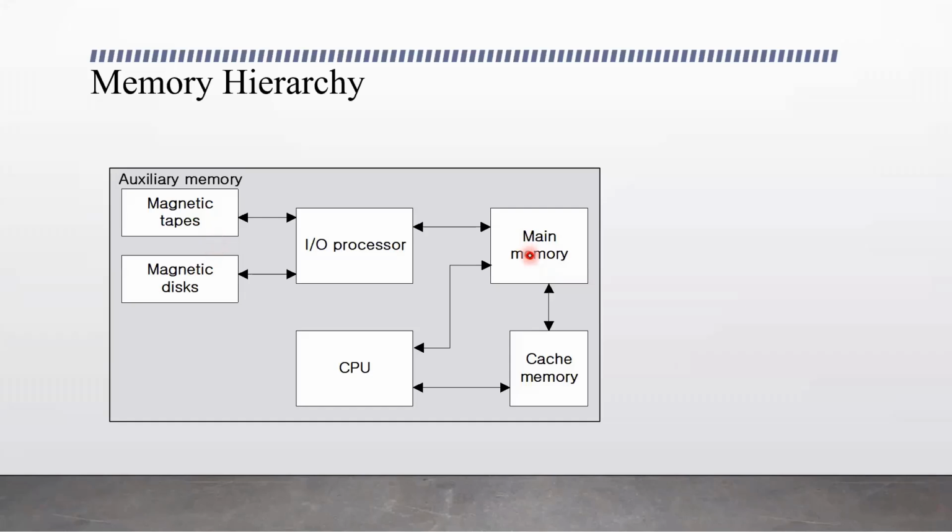Main memory is expensive. It uses RAM and ROM chips, random access memory. We will learn about this in detail; I'm just giving you a brief. Here, in this memory hierarchy, we are learning how the different units, such as auxiliary memory, main memory, and cache memory, are placed in the system in hierarchical order.